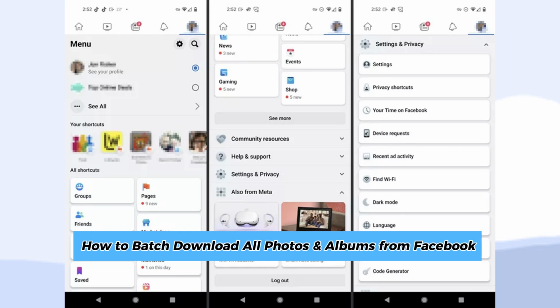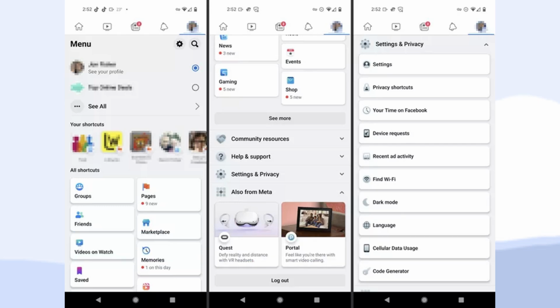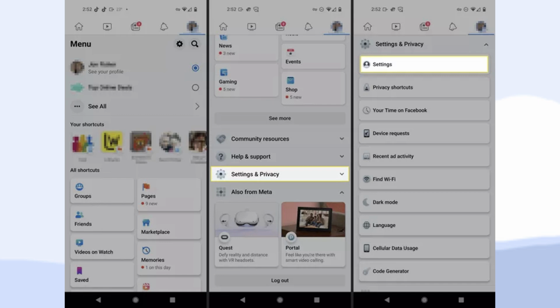In this video, I'm going to show you how to batch download all photos and albums from Facebook. First, tap your profile image to open the menu and then scroll to the bottom and go to Settings and